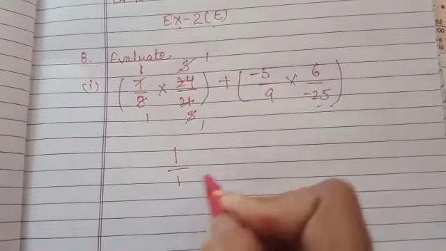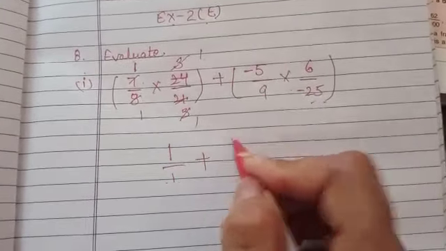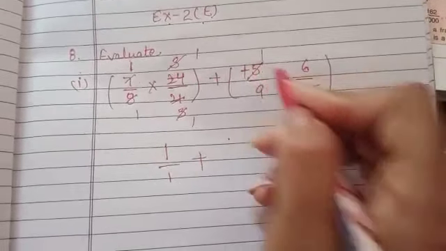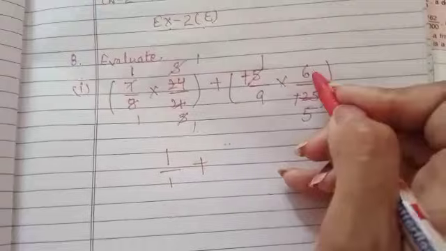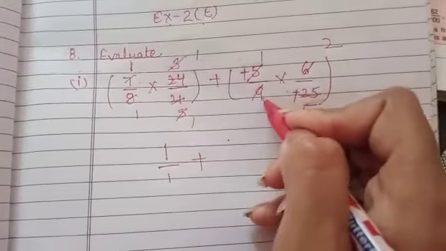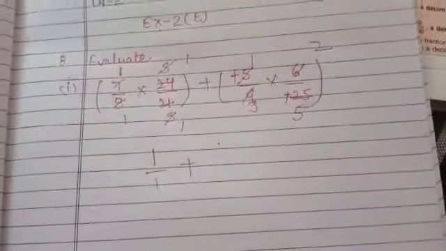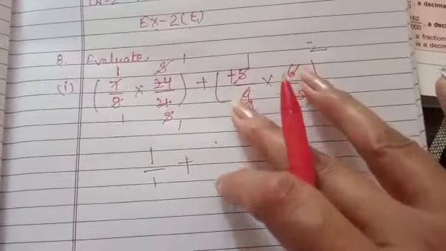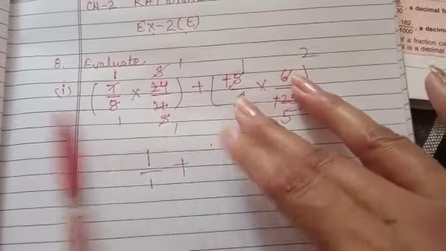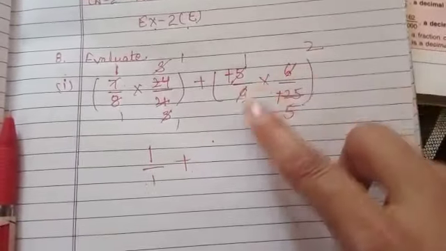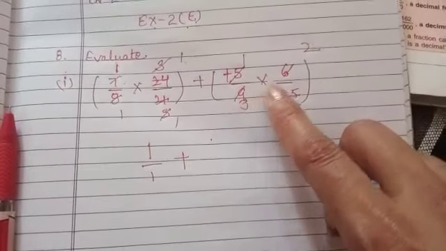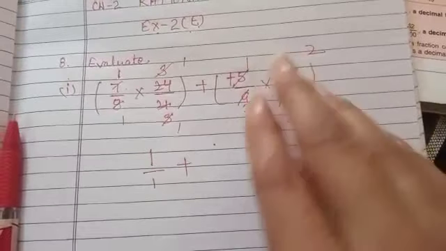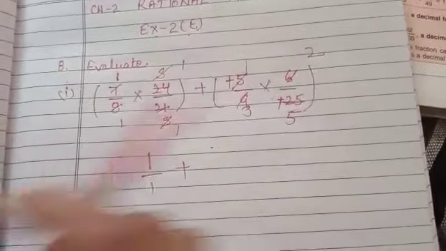Same with the denominator, plus. Now try to cancel this bracket. Minus will be cancelled with minus. 5 ones are 5, 5 fives are 25, 3 twos are 6, 3 threes are 9. When we are cancelling the numbers with each other, it is a must that both the numbers should come in the same table, like 6 and 9 both should come in the table of 3. That's why I cancelled the numbers. If they are not coming in the same table, then we can't cancel them.